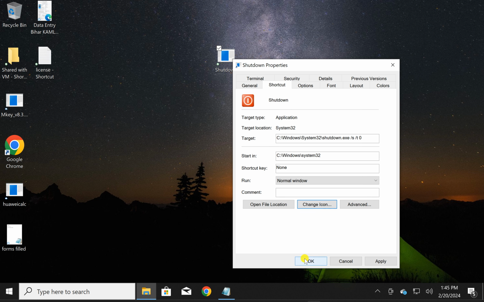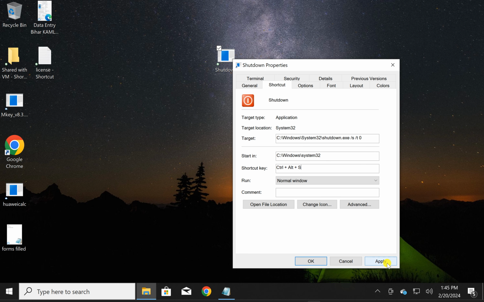In case you want to shut down your PC with a single shortcut key, then put your cursor beside the Shortcut key box and press any letter or number on your keyboard, and Windows will automatically add Control plus Alt to that shortcut.